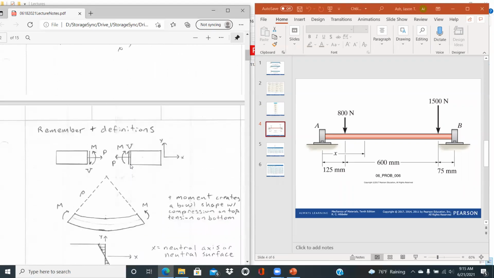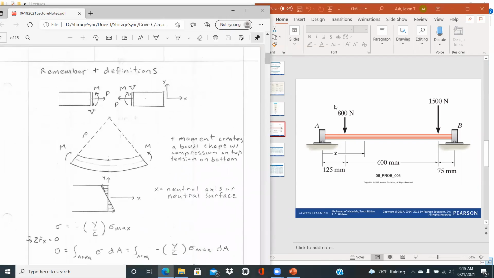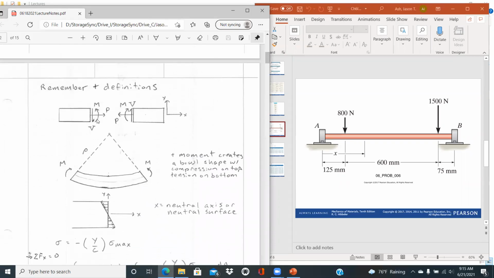And this is where we then get into the definitions. I'm going to see if I can move this a little bit over so we get to see everything. But the main thing in dealing with beam stresses and deflections is we do have to remember our positive definitions. When we make a cut, positive shear is going down on this left side figure, and counterclockwise moment. P, the axial load, always goes outward from the cut, and the moment and shear are just equal and opposite